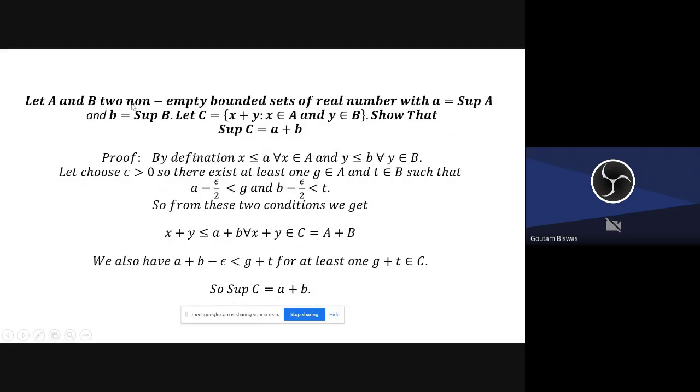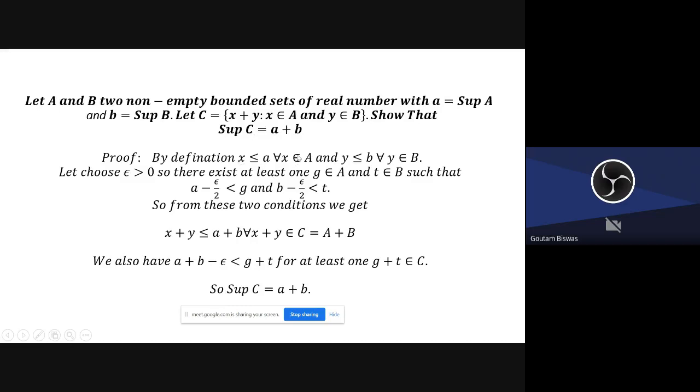Let A and B be two non-empty bounded sets of real numbers with A equal to sup A and B equal to sup B. Let C be a set that takes one element from X and another element from Y and just adds them. You have to show that sup C is equal to A plus B. Now, this is very easy, but sup creates some algebra; inside the sup also creates some algebra. This is called addition. Now, by definition,